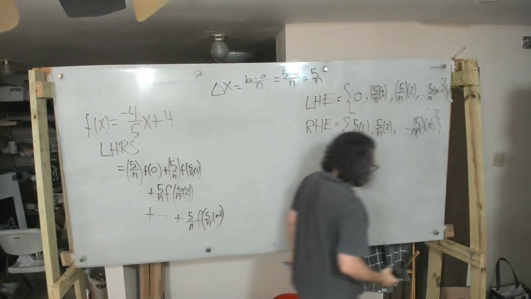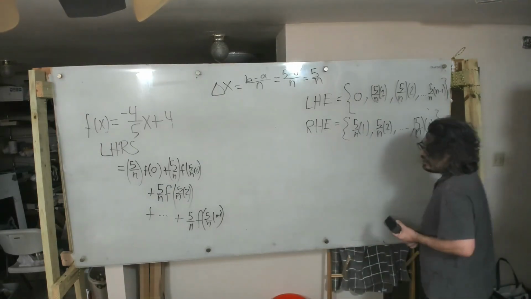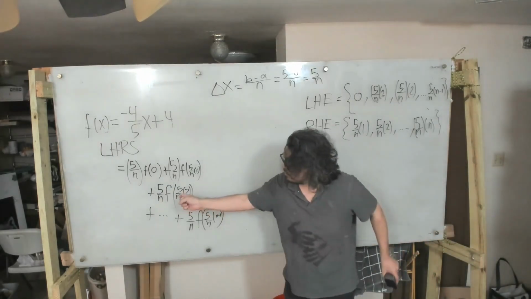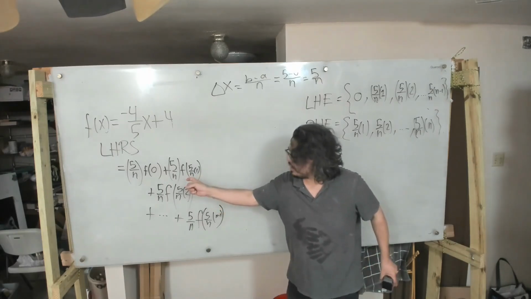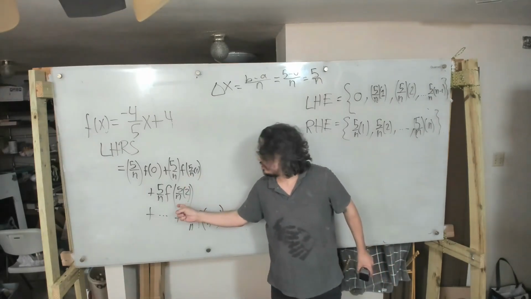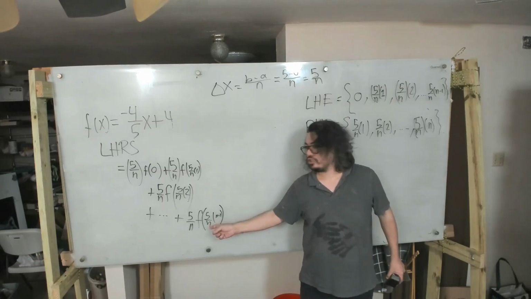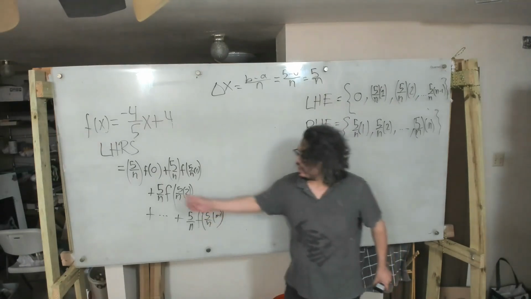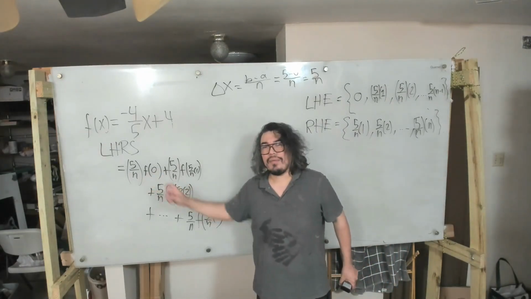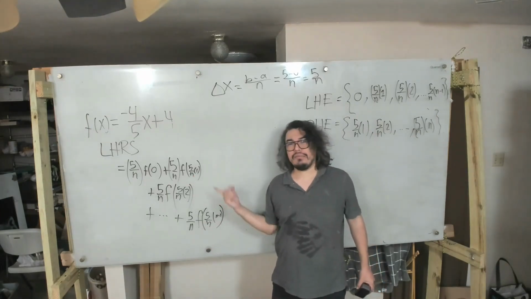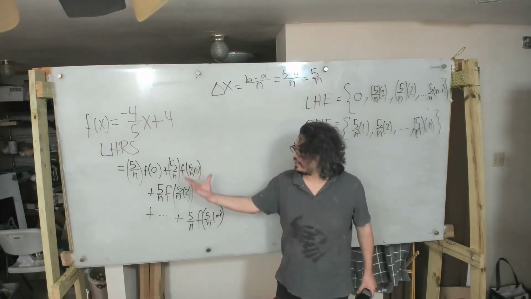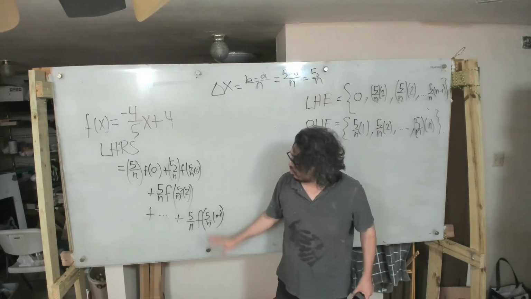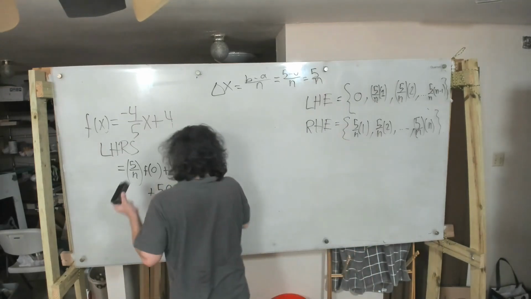What I want you guys to see here is this underlying pattern. This is 5 over n times 1 for the second term, 5 over n times 2 for the third term, 5 over n times n minus 1 for the last term. This one is 0, but we could write that as 5 over n times 0 if we want to keep this pattern. And so what I want you guys to notice is I can rewrite this expression